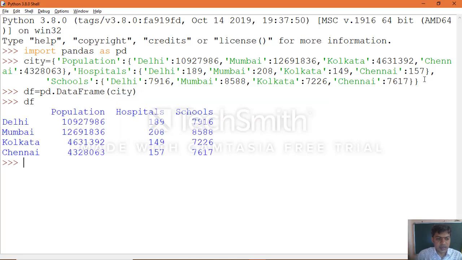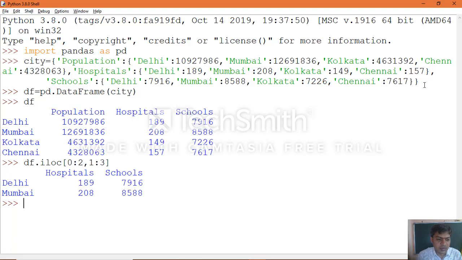If you want, you can print the data frame. This is the data frame. Now you can apply iloc to access the information: data frame object name dot iloc of 0:2, comma, 1:3.